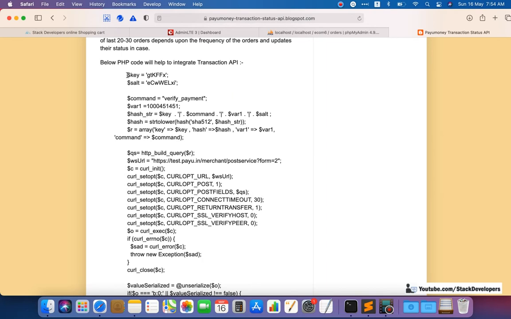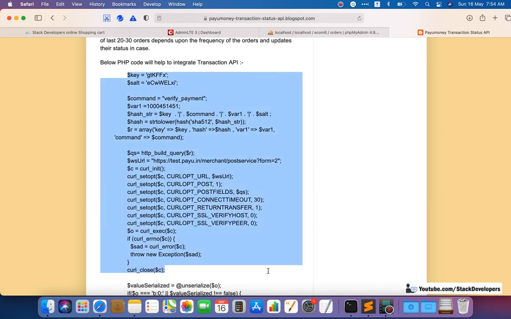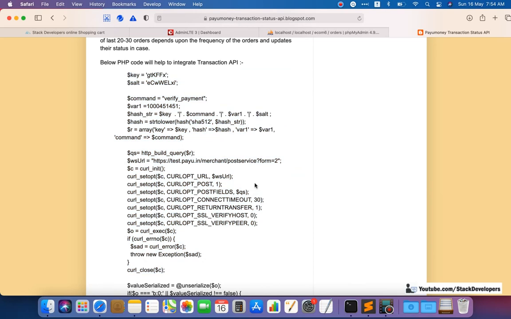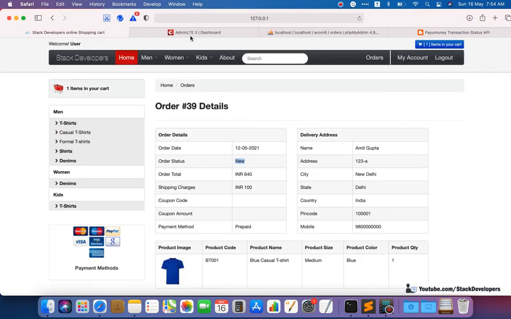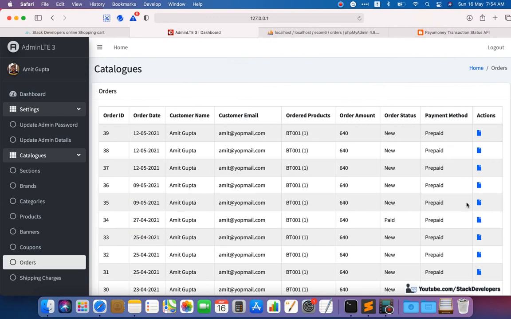So this is the API. You need to copy this API. This is the curl API provided by PayUmoney itself. The only thing we need to change is the order ID here, to check the status of the order. In this API we are going to check the status of the last 5 orders. We can check the last 5 order statuses.